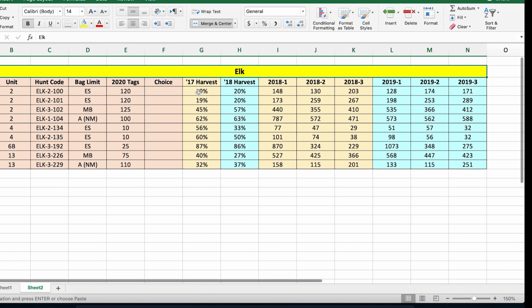So you see in 2017, the harvest rate was 19%, 19% of hunters tagged out on an elk that year on that specific hunt. In 2018, 20%. So about the same between 2 years, right? Had tagged out and were successfully harvested an elk in that unit. Next, you're going to see